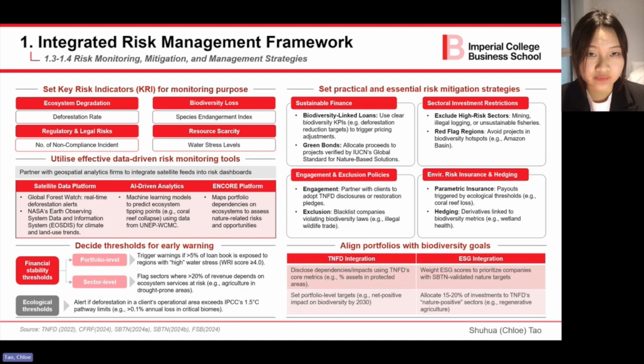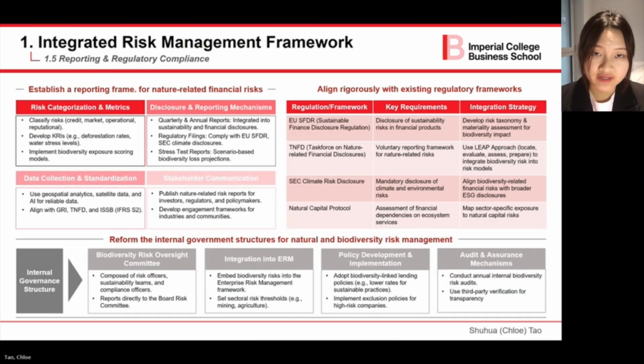For mitigation, we issue biodiversity-linked loans, restrict high-risk sectors, and implement parametric insurance and hedging strategies, aligning portfolios with TNFD goals for a net positive biodiversity impact by 2030. In Step 5, we establish a robust framework to ensure transparency and accountability for risk reporting. This stage involves categorizing risk, covering credit, market, operational, and reputational impact, and developing KRIs for biodiversity loss, deforestation, and